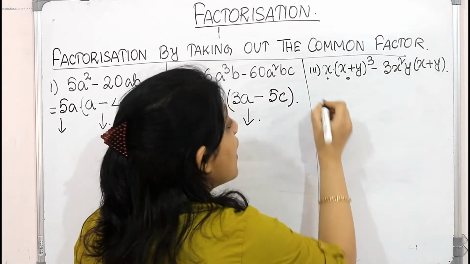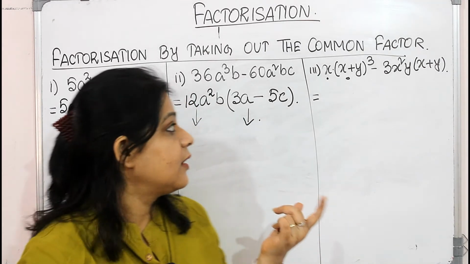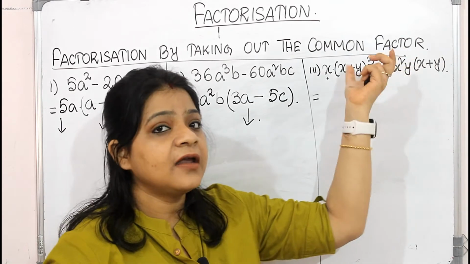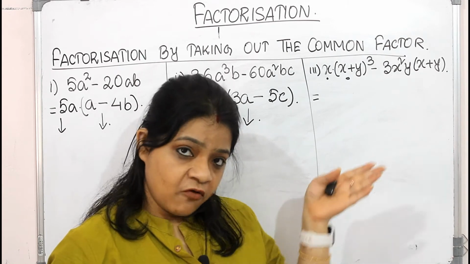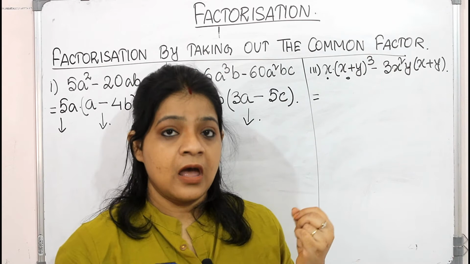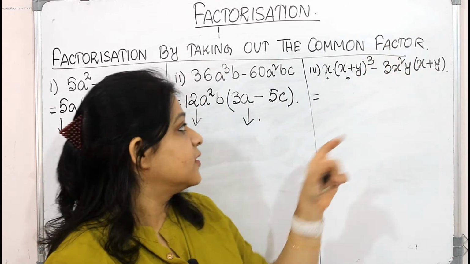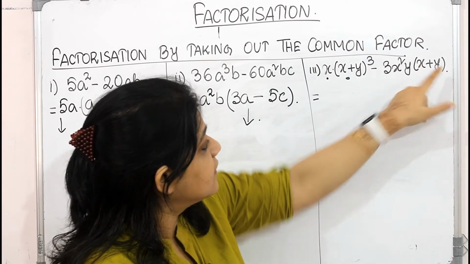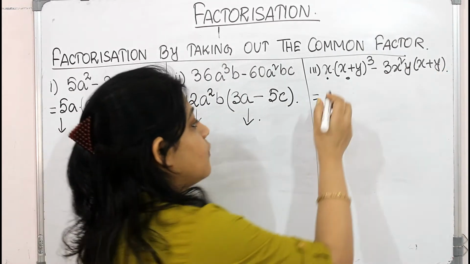Okay, so what are the things that you will take common? Since x plus y, we have already identified what are the common things that will be kept before the bracket. Now, what to write? Here is (x plus y) cube, here x plus y. So, I will take x plus y as common.